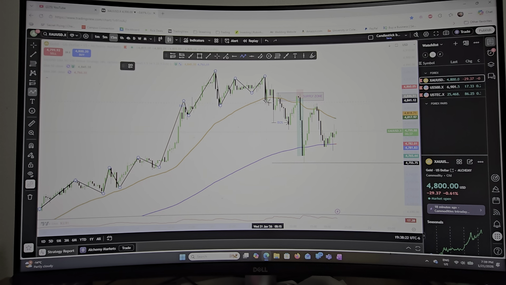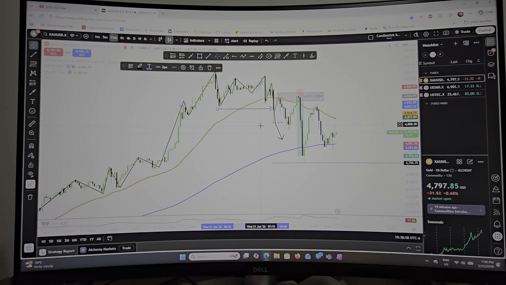And then it makes almost an equal low, but makes a low a little high, then makes a real low. Now this is what I was interested in, because this low took out this zone right here. So that got me interested, so that means we're in a downtrend now, potentially. It's going down. So if I take these off,